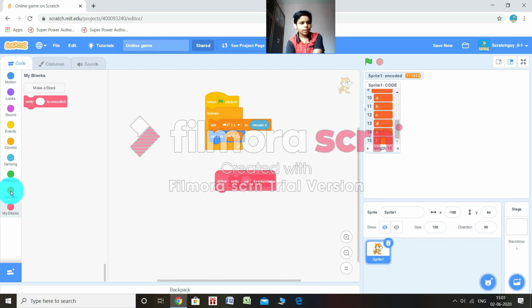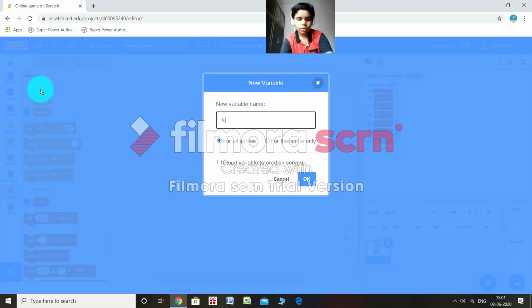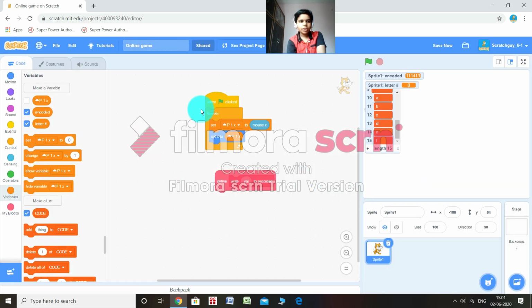Now let me tell you, we're going to make another variable which is called letter number. Hashtag symbolizes numbers on Scratch. Let's set letter number to 1, which means it's going to check what the letter number is going to be. So let's set letter number to 1, and then after that